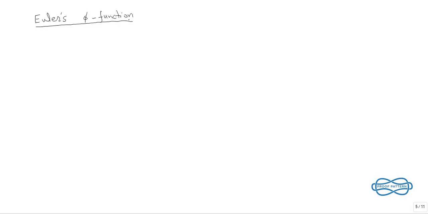Euler is considered as one of the greatest mathematicians of all times. Okay. The definition of Euler phi function is, for each positive integer n,